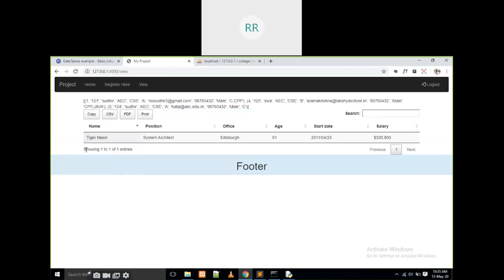Yes. This is the dummy data. No problem, I will replace it with real data. This is the dummy data, but everything is coming, right? If you want pagination, that means if it is more than 10 records, it will be there. Clear for you? Okay. Yes, the structure is coming first of all.